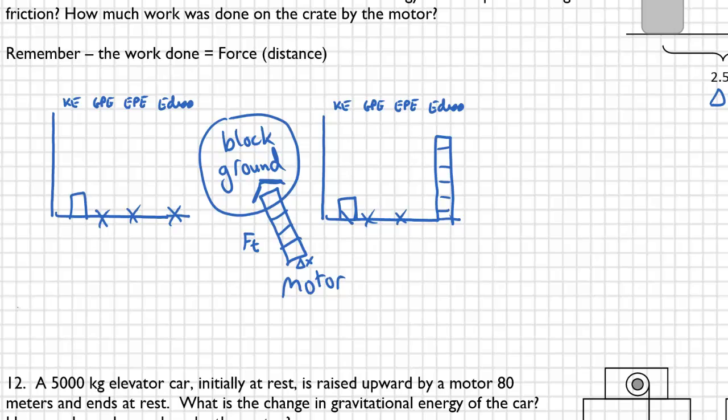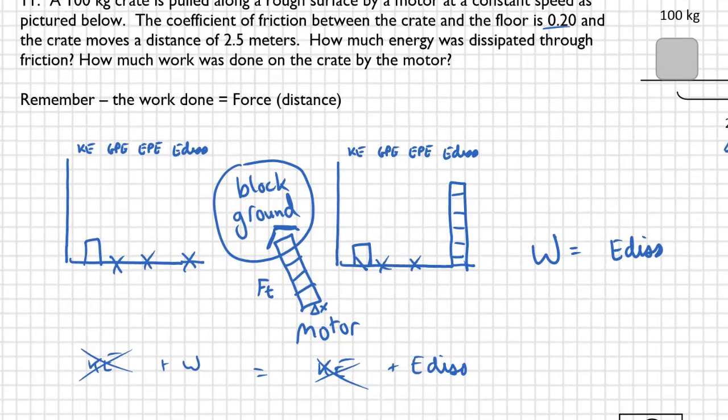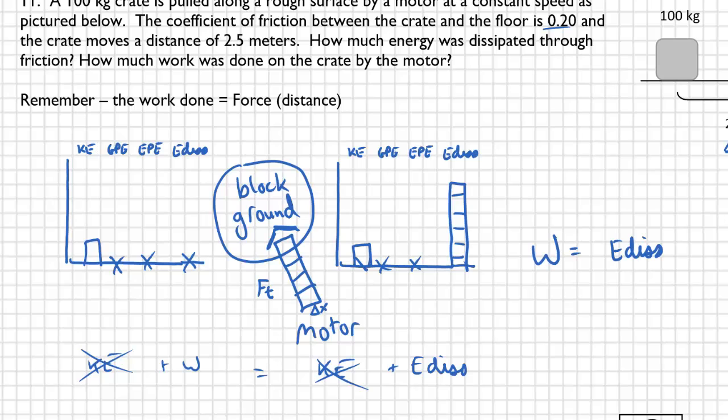we can very reasonably say it's KE plus the work done is equal to KE plus the amount of energy dissipated. What's nice about an equation is that because KE doesn't change, I don't have to worry about it, because if I subtract KE from both sides, it disappears. So we can cross these out, the same on both sides, and simplify this and just say that our work is equal to our dissipated energy. And so this question asks for how much energy was dissipated and how much work, so we're going to do